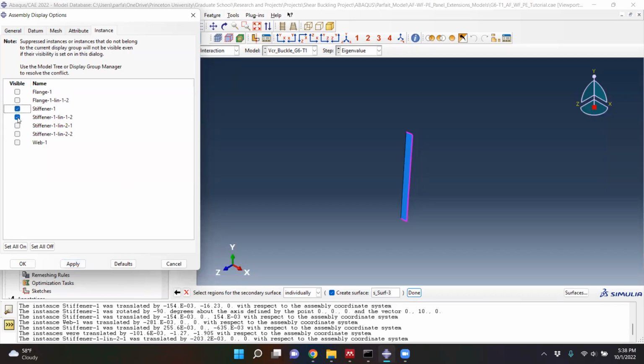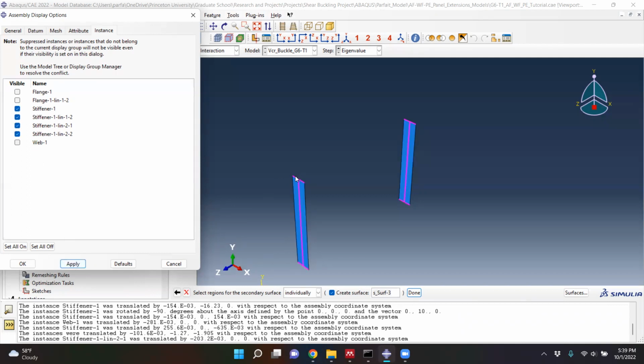First one, apply. That one is good. Second one, apply. That one is good. Third one, apply. It's good. And then fourth one, apply. That one is good. And so if I looked at all of my stiffeners together, I see that I've selected